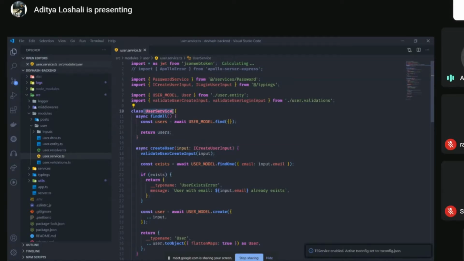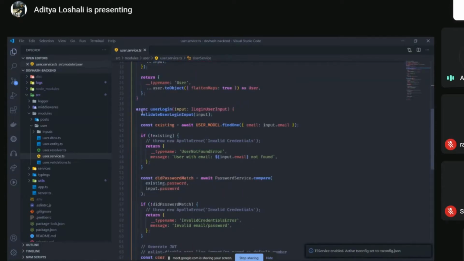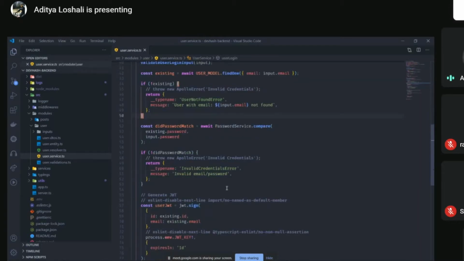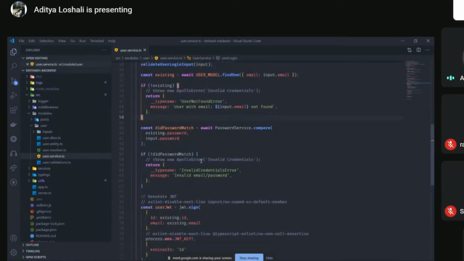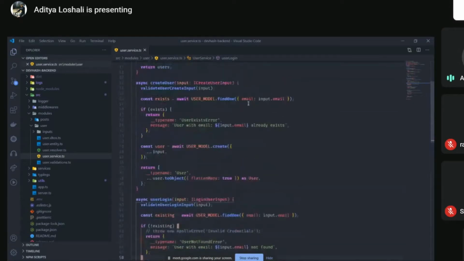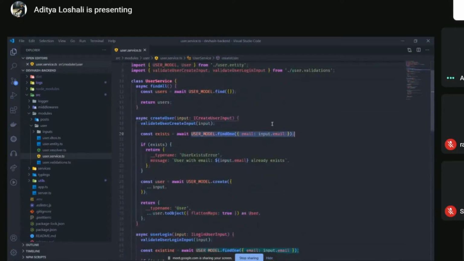It is just a class with these methods, and everything related to that, like the checks and returning the errors, comparing the passwords, or generating the JWT token, that logic is written here. Database interaction is also present here.